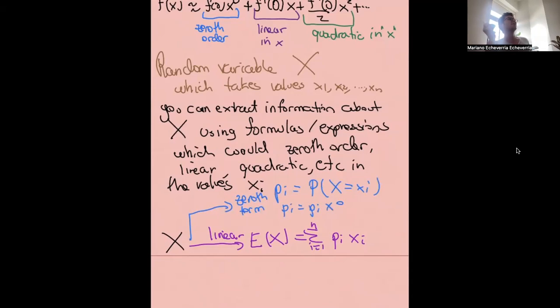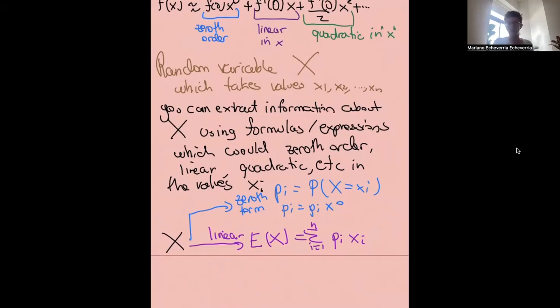In this case it doesn't make a lot of sense to add them all together, because the probabilities always add up to 1. It's more convenient to think of them as separate quantities, but an analogy is a reasonable thing to say. And then the quadratic term is